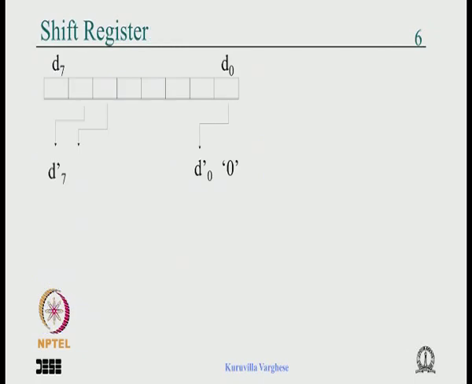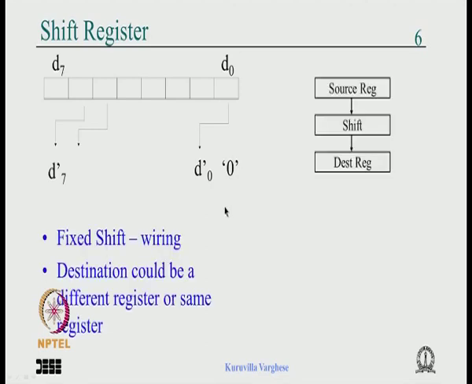And we have looked at, as an example, the shift register, and most of you would have somehow coupled this shift with the register, but you should know that there is a register, then there is a shift operation, and when you want to shift by, say, 1 bit, then it's a matter of wiring, say D6 goes to D7, D0 goes to D1, this is D-1, and you append a 0. So it's just wiring, and the destination could be a different register. In most practical applications it will be a different register,